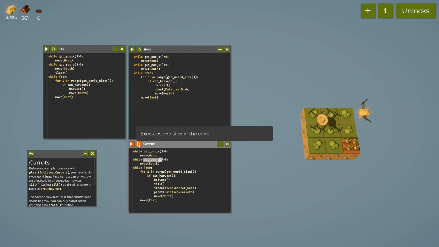I know for a fact it tells you to get into position first. And then